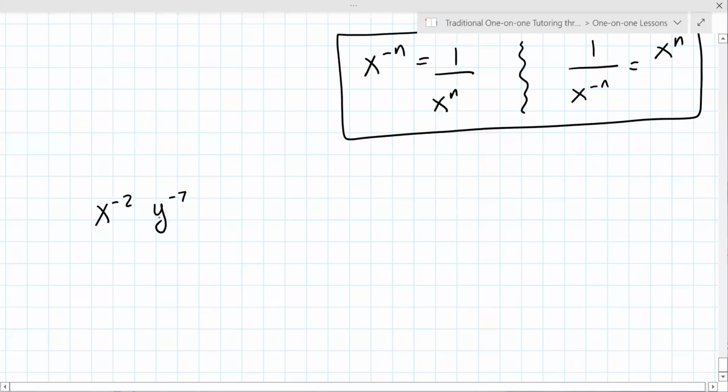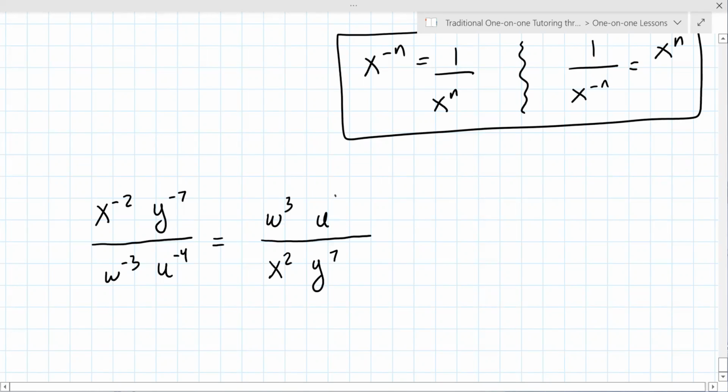2, y to the minus 7th, w to the minus 3, u to the minus 4, everything is going to switch positions. Okay, so the x squared comes down here, y to the 7th comes down here, w cubed up here, u to the 4th up here. It's your responsibility to know that, to understand that. So if that was clear, and I hope it is,